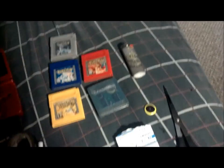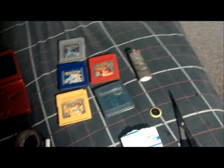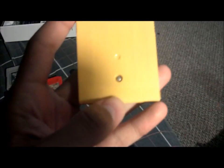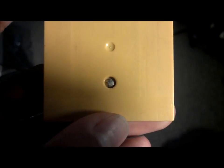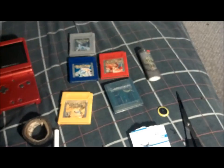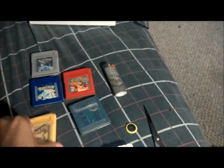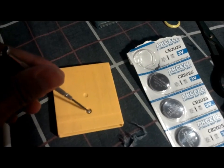Now, there are 3 ways to do it. If you want to spend money, you can order a special Nintendo security screwdriver, I don't know what they're called, which will open up those little star looking screws. They cost about $6-7. You can go that route, or you can use a regular little screwdriver where you try to turn the screw with the screwdriver,